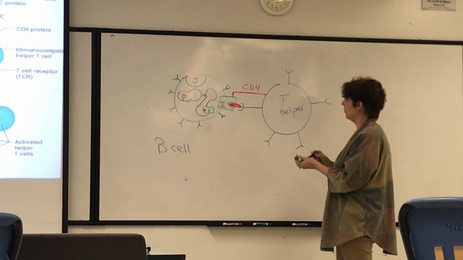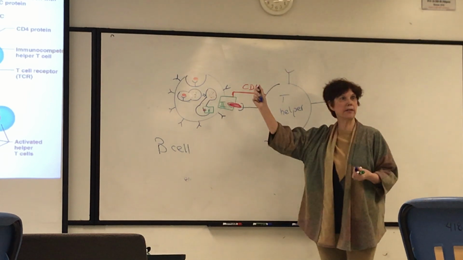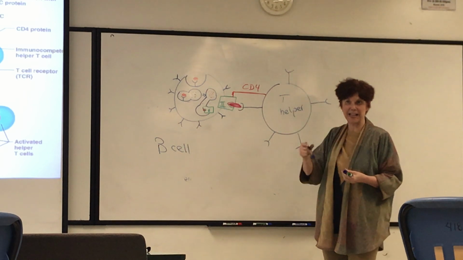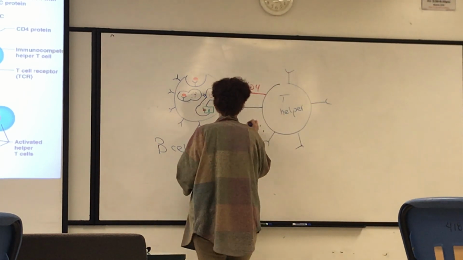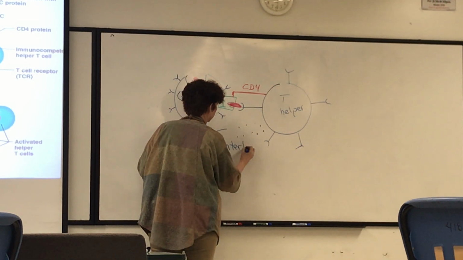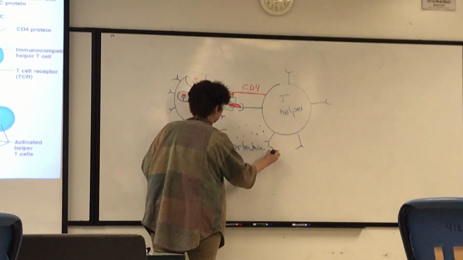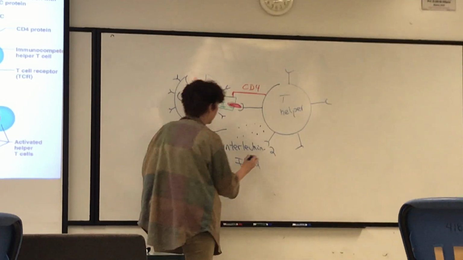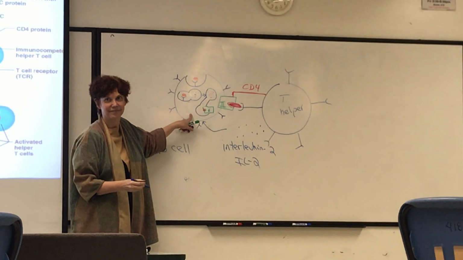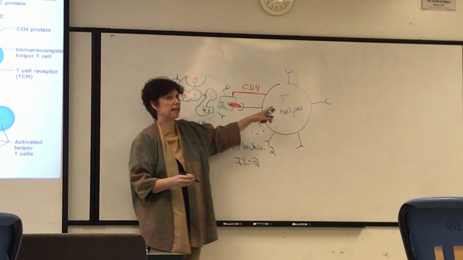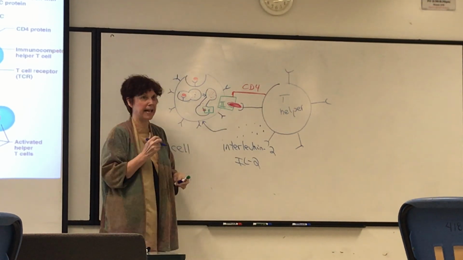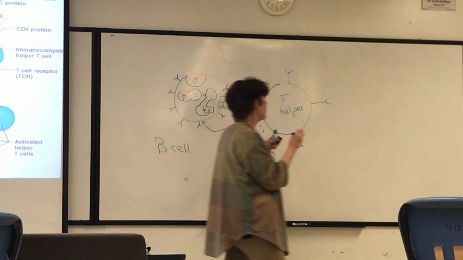So it's going to send out interleukin-2, the same chemical molecule it used to activate the T killer cell. So it's going to send interleukin-2, and that's going to activate the B cell. The T helper cell separates, goes off and activates another B cell that happens to have the same antigen, okay? And so now our B cell